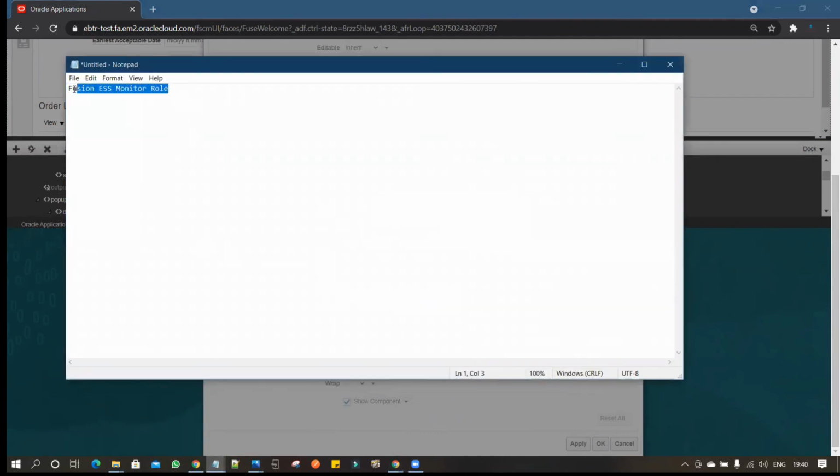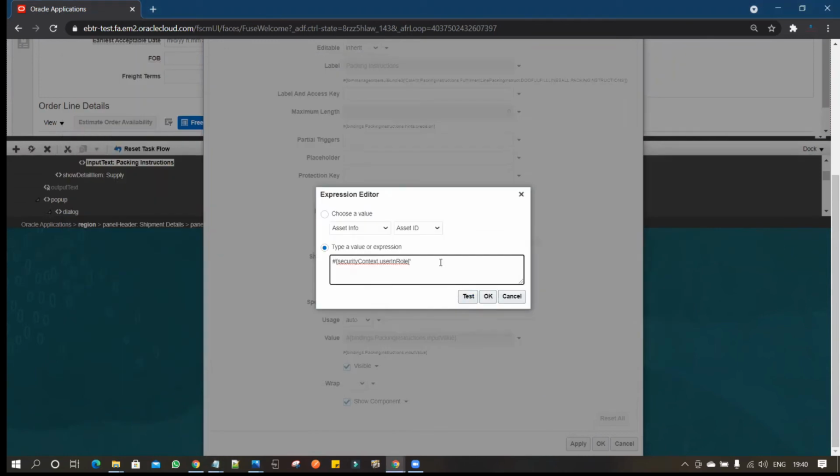So you have to copy this role and go back to the expression. You have to enter that and then close the bracket. So you have to write this expression.